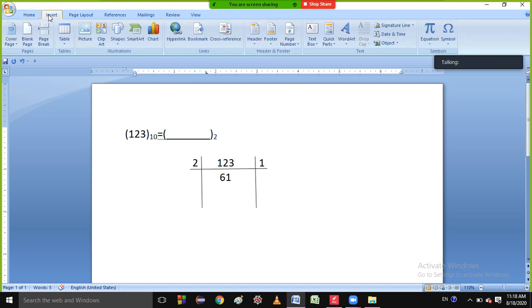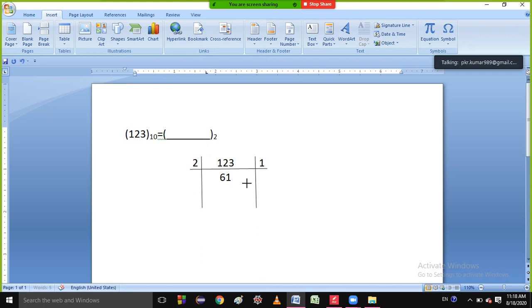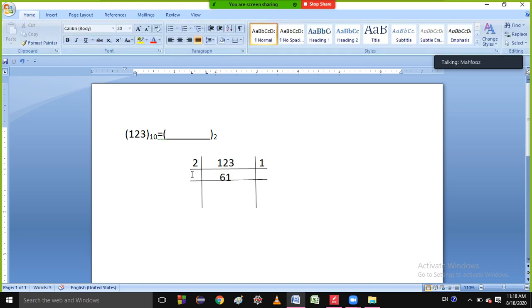Okay. Next, come. You will do this in your fair copy also. Next I will divide it by 2 again. So I will write 2 here. Then what will I do? Let me do it. Then how many times does it go, students? 2 3s, and again, I think it goes 30 times, and the remainder will be